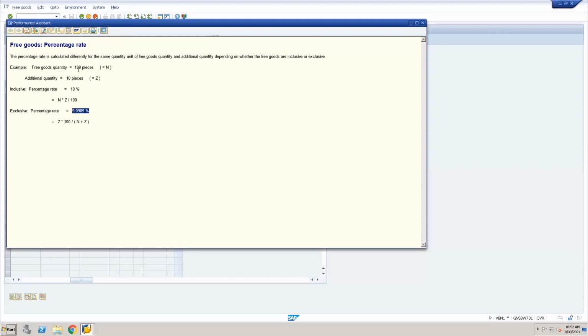So inclusive means 100 pieces if they have placed an order. Inclusive if we keep it, that will come as 90 plus 10. అంతే కదా.